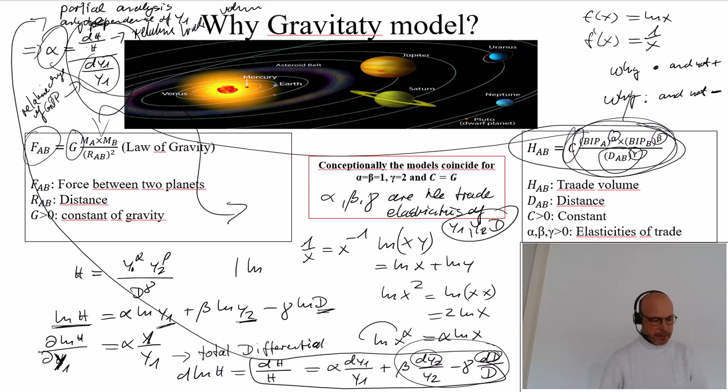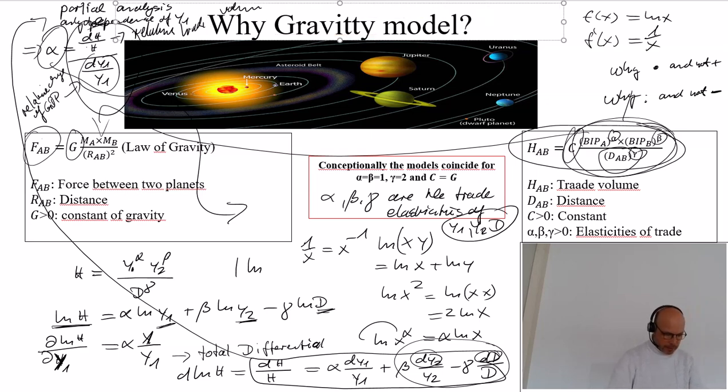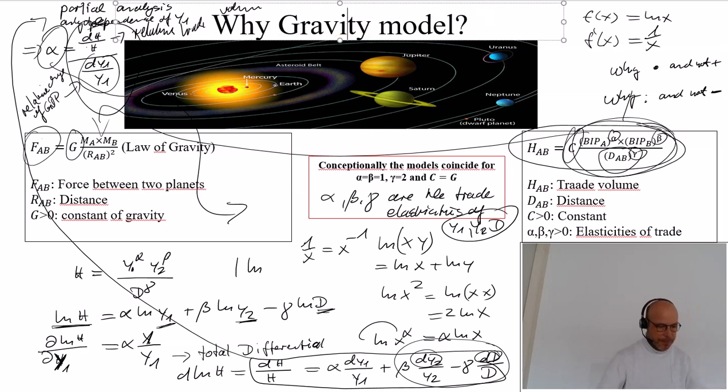This model was introduced in the 70s and 80s of the last century, and it is called the gravity model of international trade. The explanation for this name is that we take an explicit function in order to